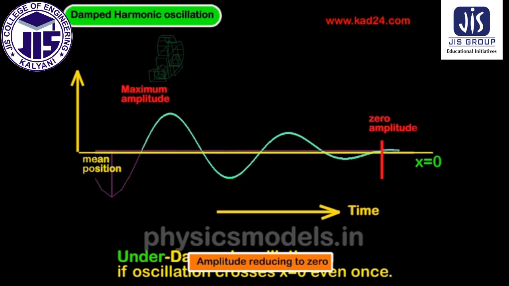This particular image shows that the oscillations have been brought down pretty quickly in 3 iterations to x equal to 0. So what's appropriate, what's right for a particular application is a matter of judgment based on various test results, and it cannot be quantified in this particular video. But in general, we can say that an underdamped oscillation is good for passenger comfort.